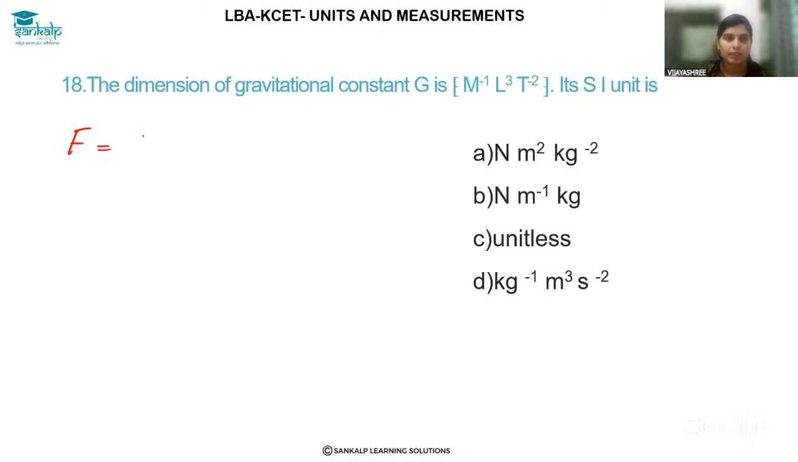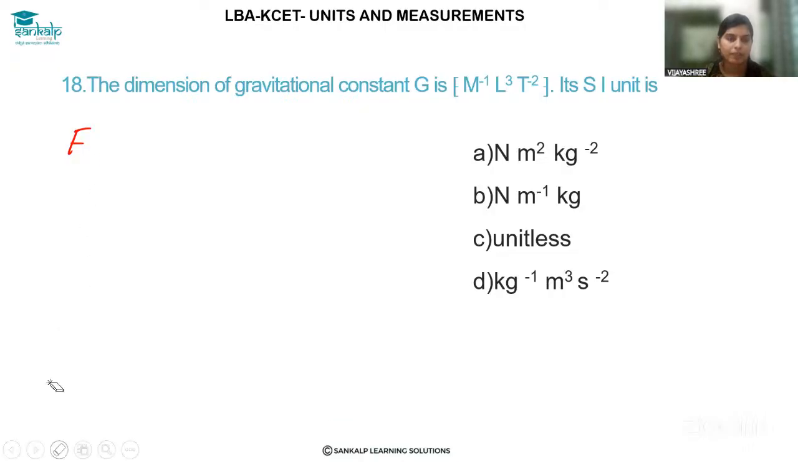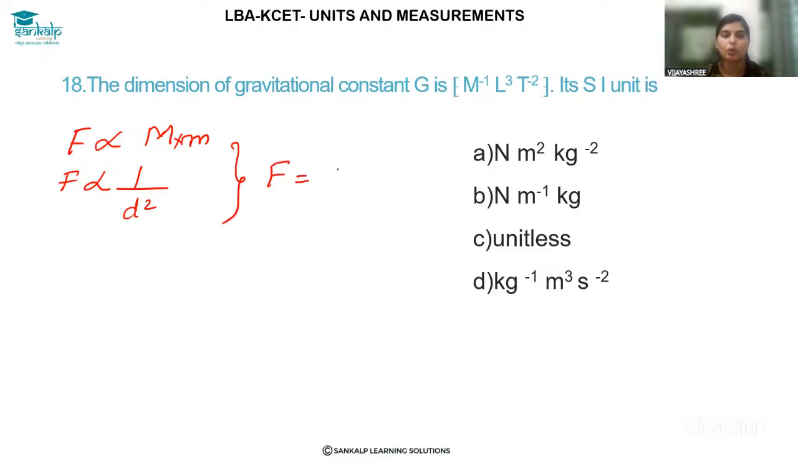It is given by, we know the universal law of gravitation, right? Gravitational force of attraction is directly proportional to the product of the masses of two bodies. Let capital M be the mass of one body, small m the mass of another body, and that force is inversely proportional to the square of the distance. So combining both, F is equal to